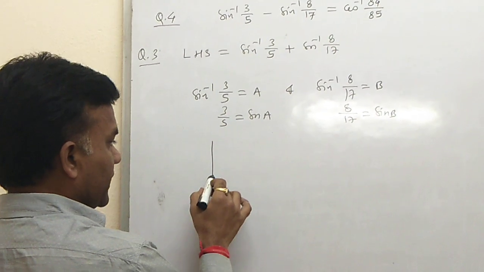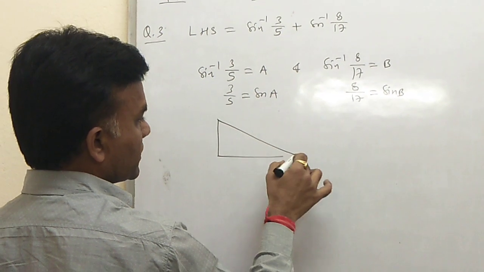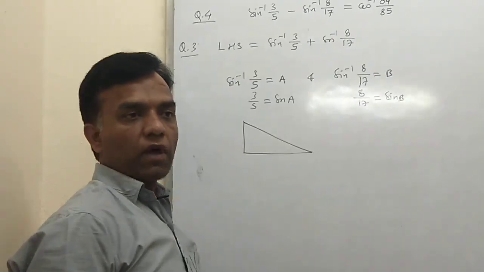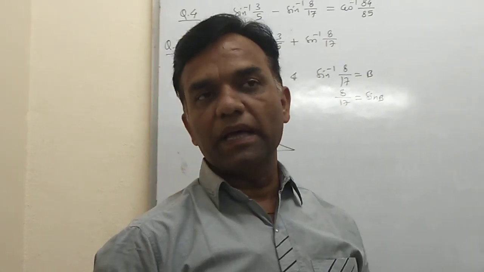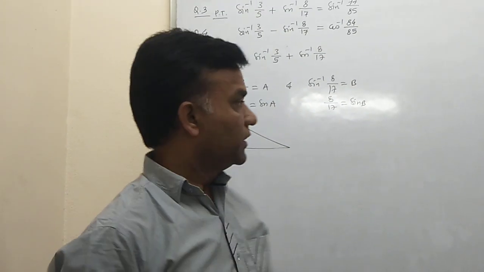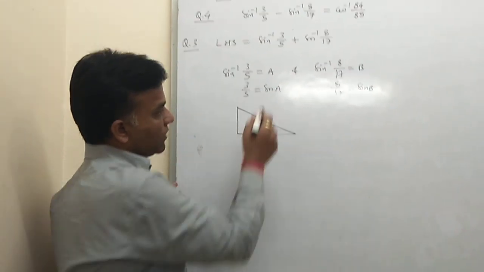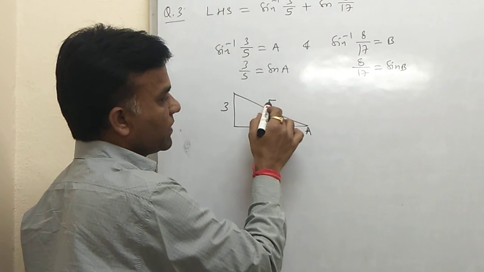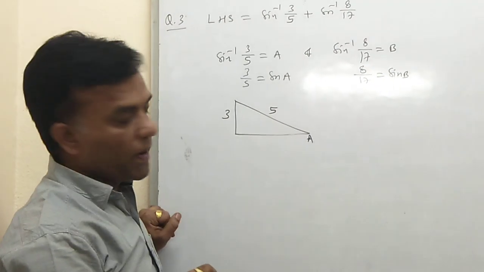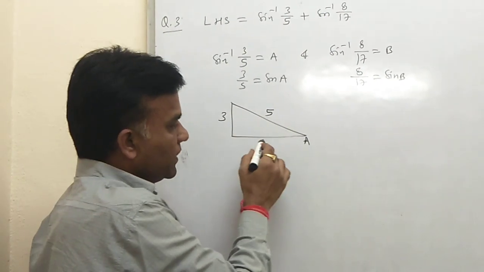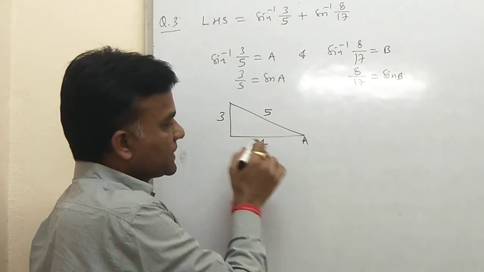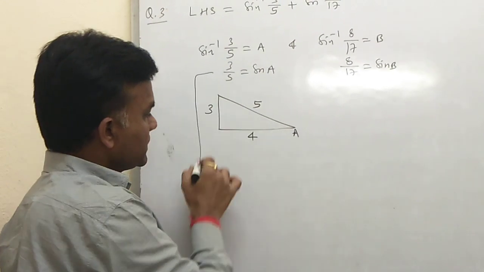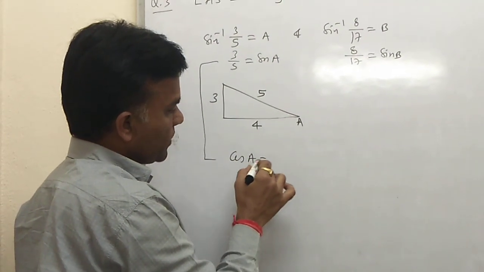Okay, then you draw the triangle, because basically you need the identity for sin and cos. If you use the identity of sin of A plus B, then it is required for both sin and cos. So first you draw the triangle, and now you have the angle A, so you write down A here, then 3 by 5 means 3 here and 5 here. So you know the Pythagorean triplet 3, 4, 5, so this value is 4, because 25 minus 9 is 16, and the square root of 16 is 4. Okay, so you write down the value for cos A, which is 4 by 5.